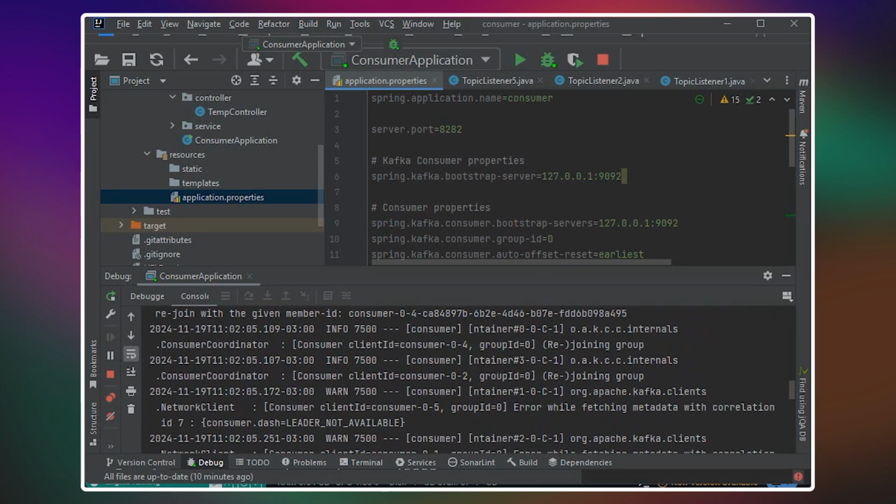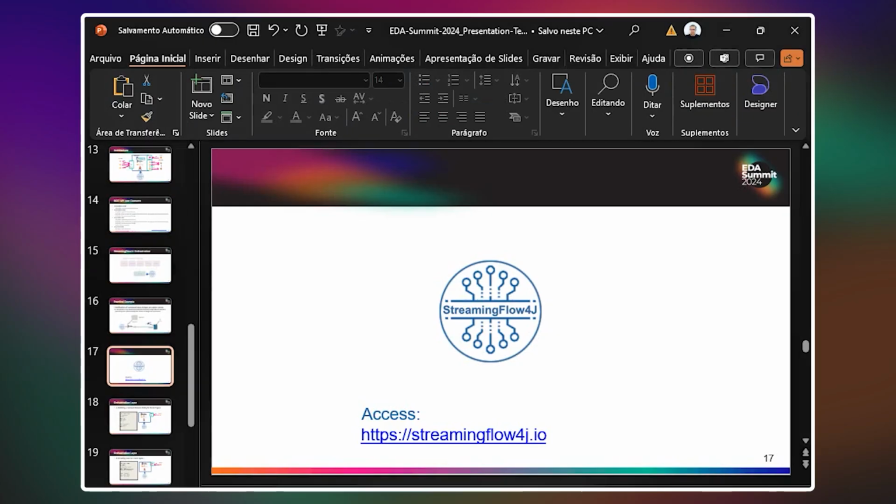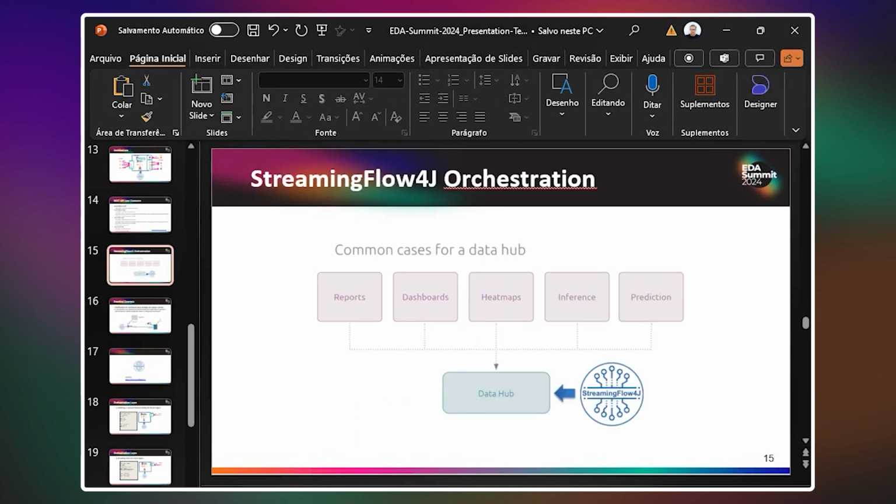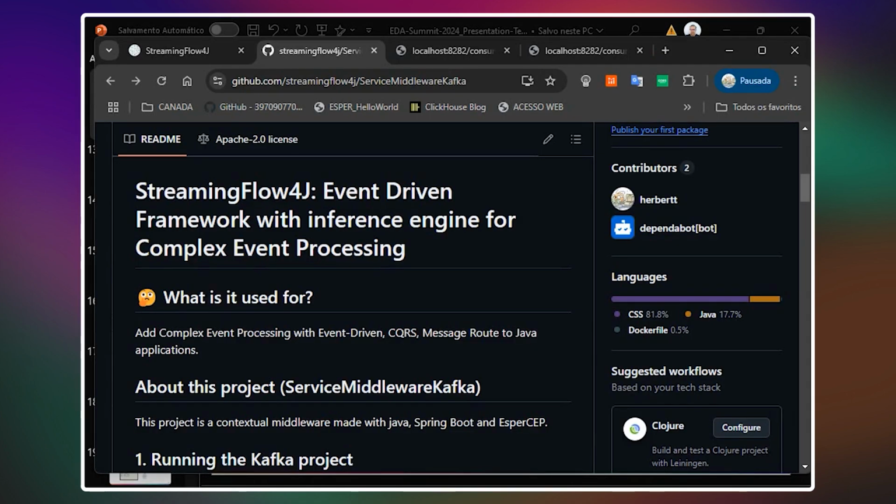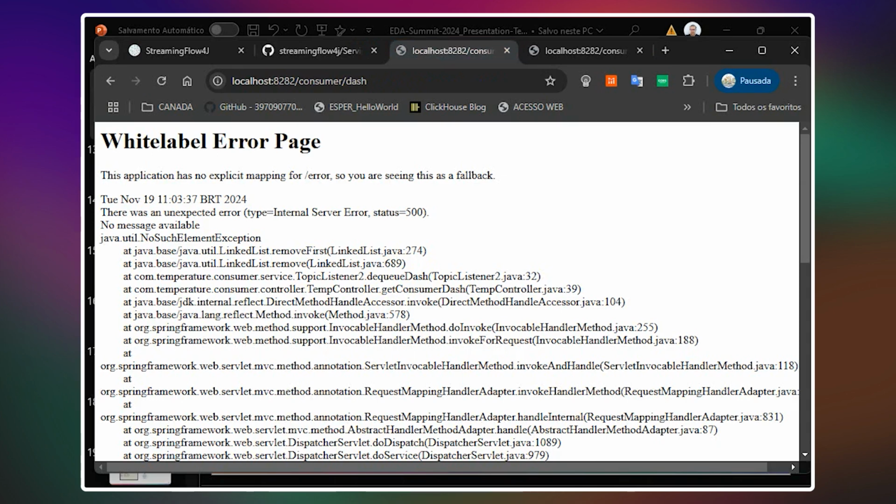So I just followed how I showed you before, and it will be reading in this pipeline of our distribution in our data hub, and you have a listener for each pipeline here: ports, dashboard, heat maps, interface and prediction. And as you can see here, it's already running, but it has no behavior, no result.